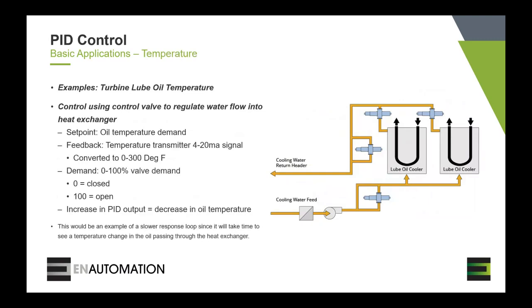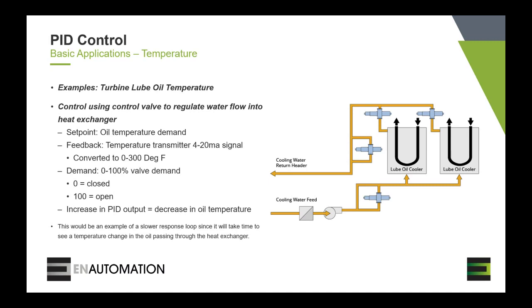And this is an example of a temperature control. For this example, it's turbine lube oil temperature control using heat exchangers. So you're going to use a control valve to regulate the water flow into the heat exchanger, and that's what's going to control your temperature. So your set point will be an oil temperature demand. So you want your oil temperature to be fixed at whatever